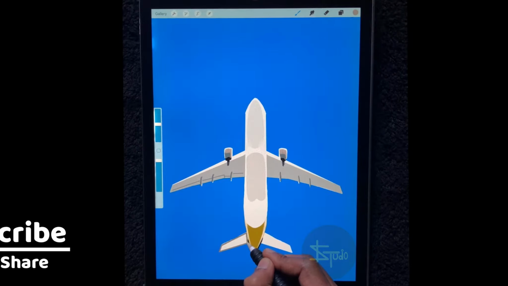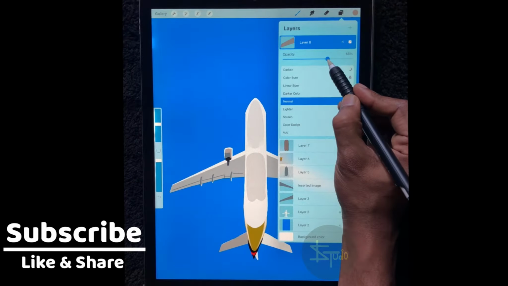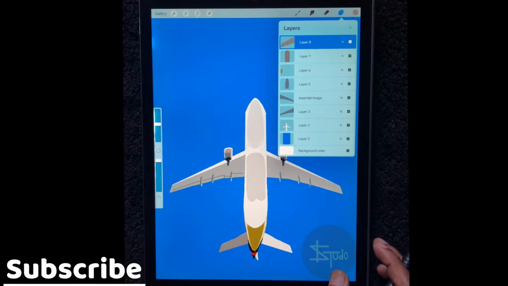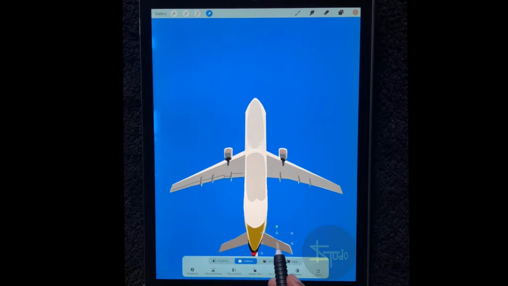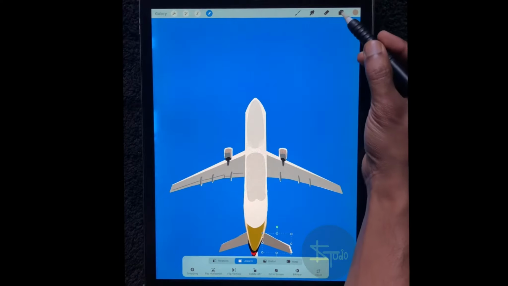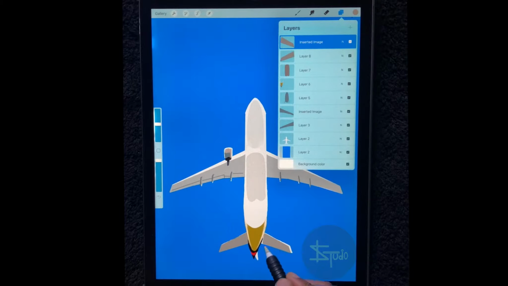You can see I'm applying the same technique I already told you. Just drawing one part, coloring it, copying it and pasting it to another layer. If you think your drawing is complete, then merge them down.